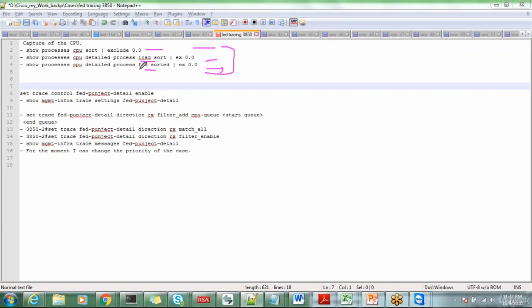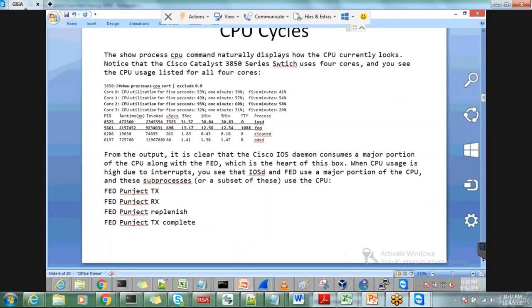Once you collect all these, you have to check in which particular queue I have lots of traffic. So for that, you can check the output, and the output is